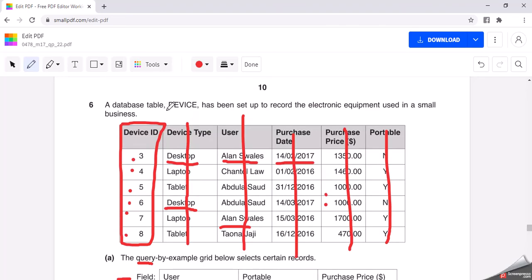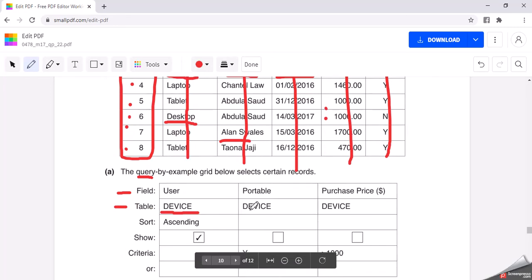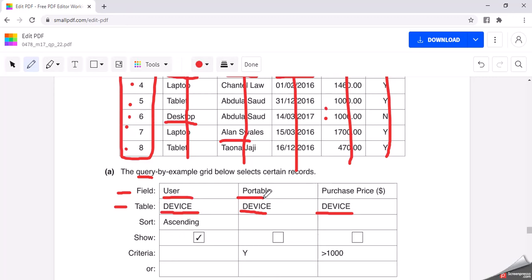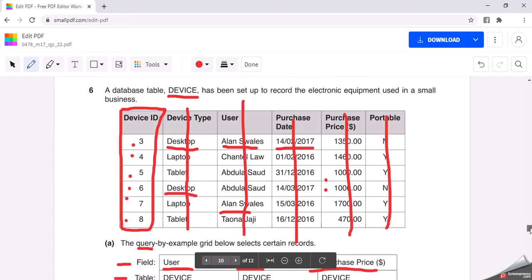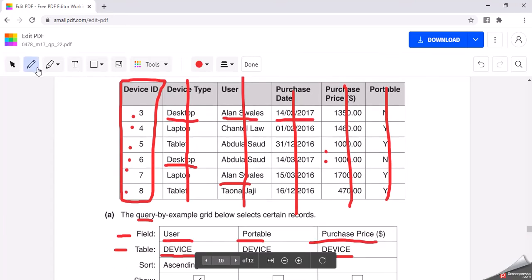Note it says here we've got a database table and it's called device, all in caps. They need to match always. Note that underneath each field, we've got user, portable, and purchase price. So we've got user, then we just clear